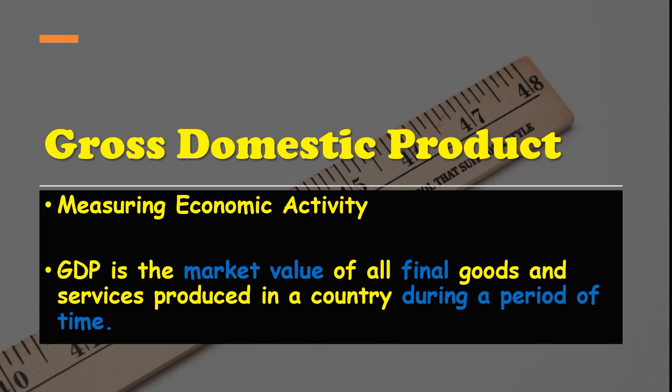And usually that period of time is a quarter, and I don't mean 25 cents, I mean 3 months. So in the U.S., we calculate GDP by the quarter. So every 3 months we come out with a new GDP number, and then GDP is also calculated annually. So we have an annual GDP number, a total for the year, and then we have totals for each quarter.